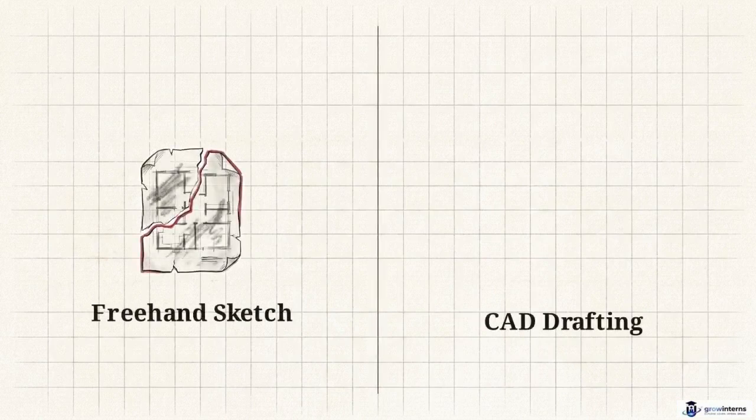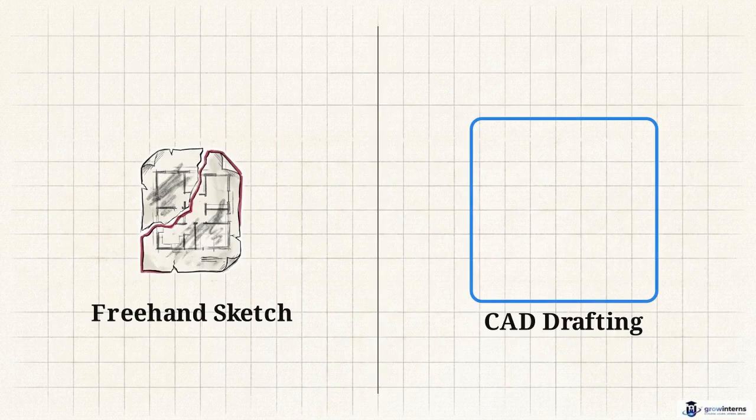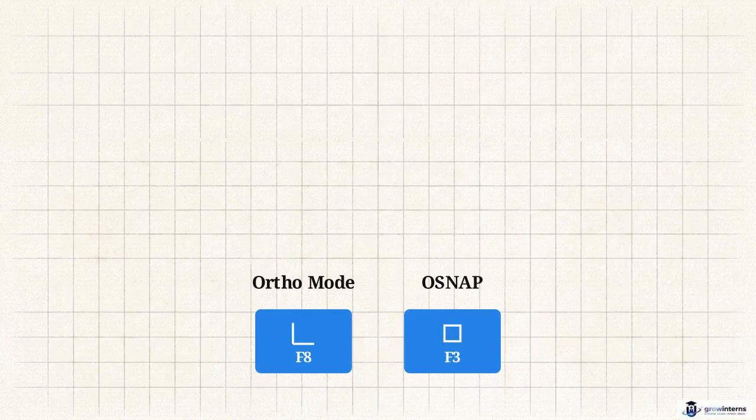This diagram shows a hand-sketched floor plan on the left and a CAD drawing on the right. Notice how the sketch relies on overlapping, messy lines that don't quite touch. On the right, the mathematical corners intersect flawlessly. AutoCAD requires absolute precision. To guarantee that perfect geometry, activate two essential safety nets in the status bar: Ortho Mode